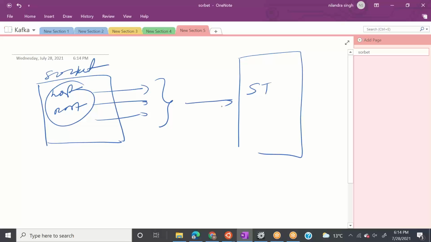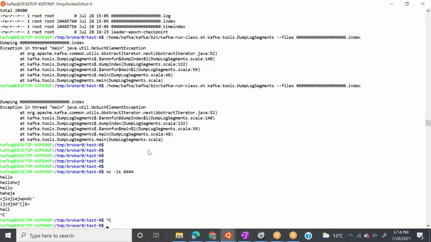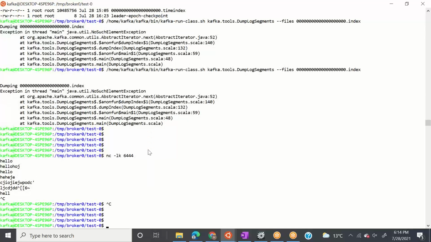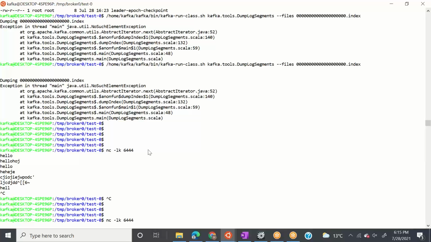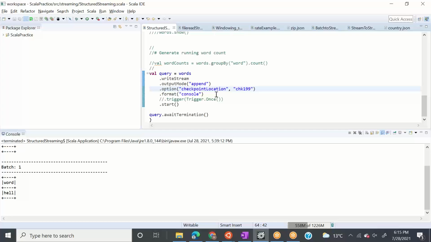Now, before we jump ahead, let me show you what I'm trying to convey here. Let me open one socket connection for you guys. So let's open this connection on this port using the Netcat utility. This connection is open, and let me consume these messages using my structured API.